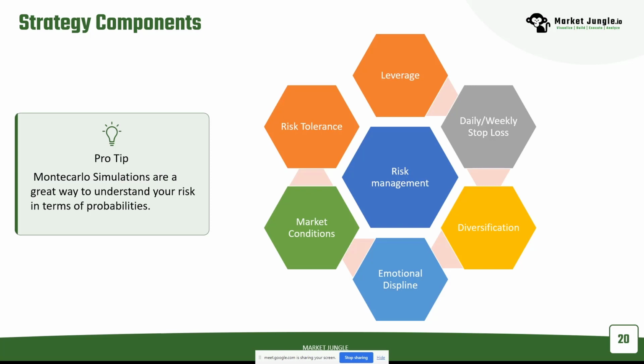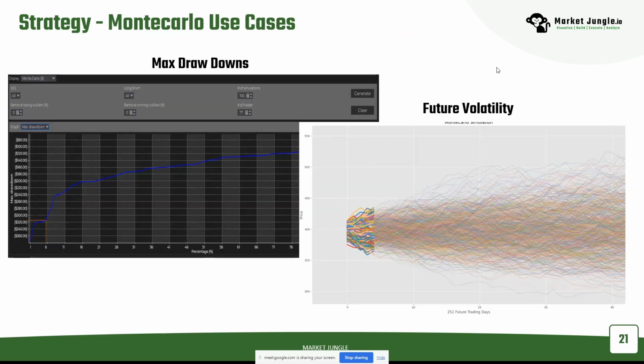So one big piece for risk management is Monte Carlo simulations, and there's really two ways to leverage Monte Carlo simulations in your strategy development process. One of the great ways to use it is looking at your max drawdowns. And for those of you who don't understand what Monte Carlo simulations are, what it's doing is, say you were to run a back test, or you have your trading data as an example,